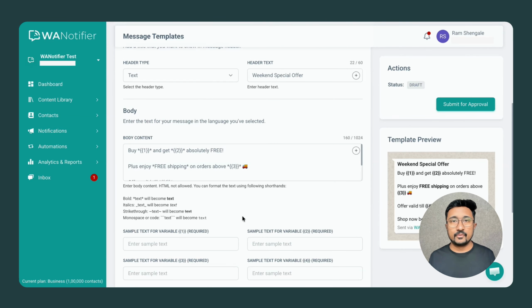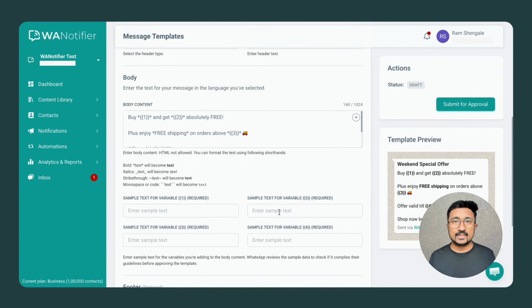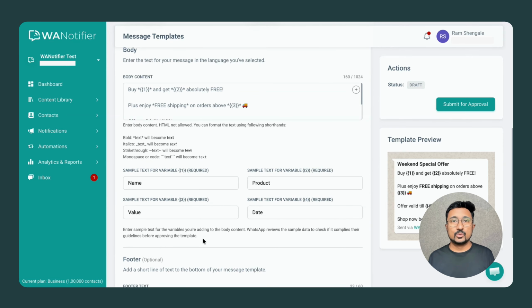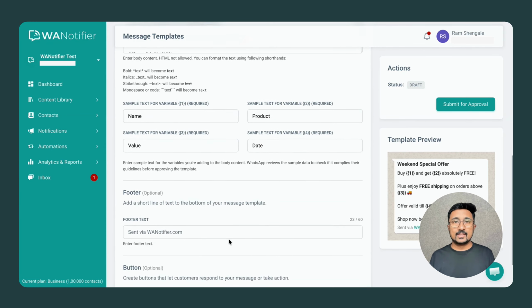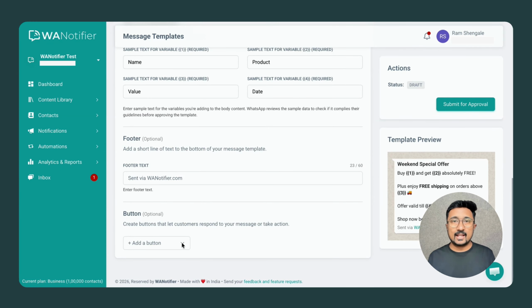Depending upon the number of variables you add, you'll see these sample fields here. Just enter some sample data for each variable. Kindly note that this data is only used by WhatsApp for template review and is not sent when you actually send the templates. Next, you can add a footer or buttons like call a phone number, view a form, or